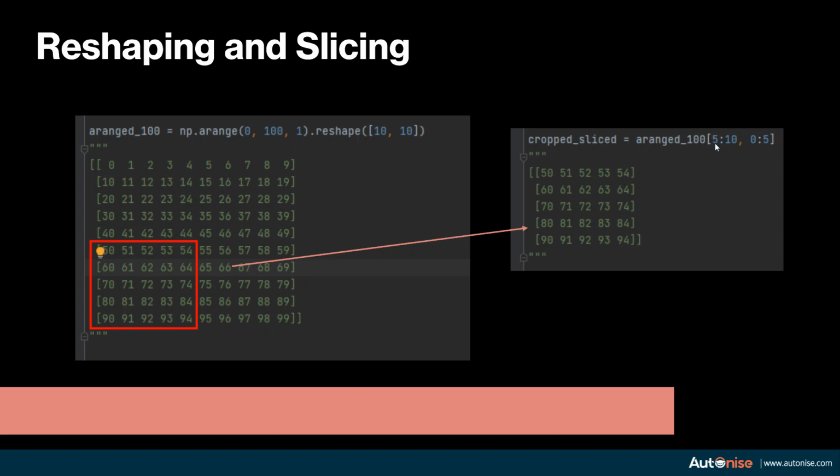So we set the 5th to 10th rows, and you can think of this part as columns 0 to 5. When you do that on the arange of 100, you'll get the cropped slice, which will look like this. So it's an array having 5 rows and 5 columns. It starts from 50, 51, 52, 53, 54, and then takes in the value 60 as shown over here. So this is how slicing works.